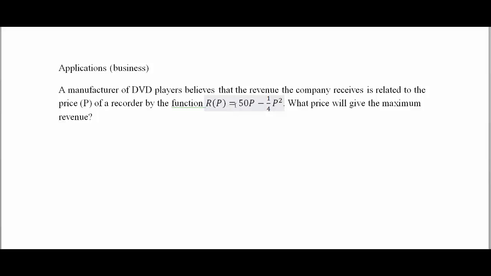So here's the function. The function is that we've got 50p minus 1/4 p squared, and I'm not going to try to explain what all that means, but you can kind of see that if something is too cheap, they're going to sell a lot of them but not make a lot of money per item. And then if it's too expensive on the other side, no one's going to buy that item at that price. So what you're looking for is that value right there, that sweet spot where you can charge them more and make the most profit, but not go too far on the other end